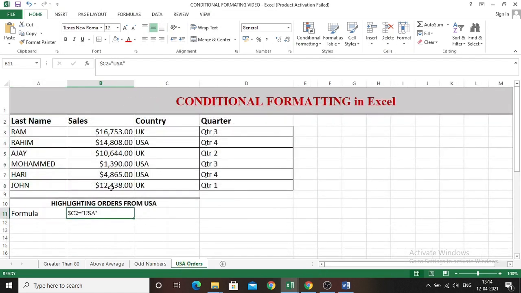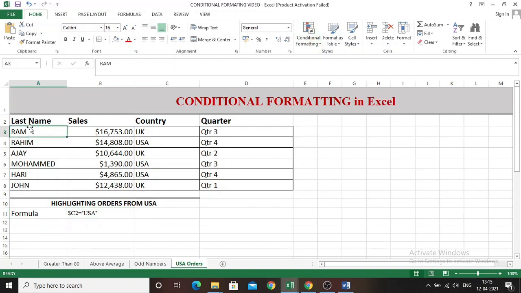Then I want to highlight the orders of the given data from a particular origin. In this case, I have consolidated the orders from UK and USA, and USA orders alone to be highlighted. So for that we can make use of conditional formatting.